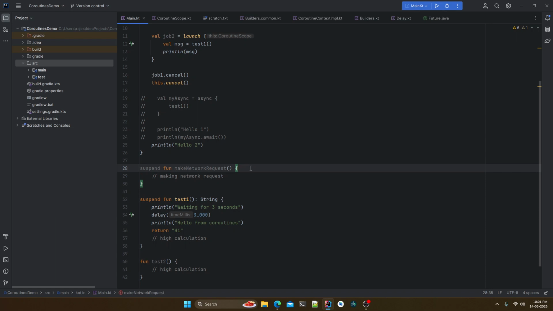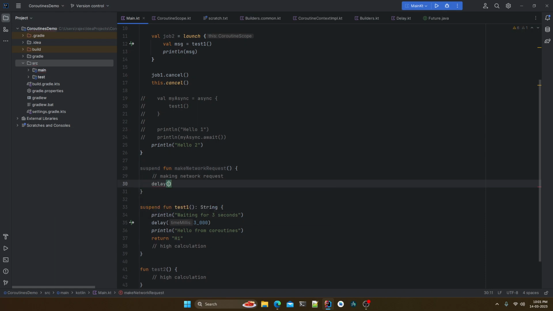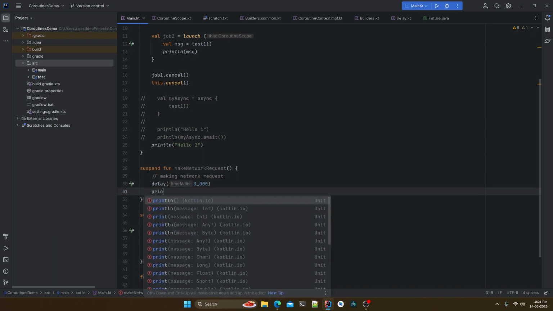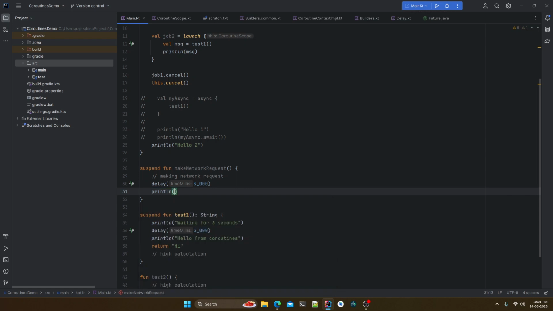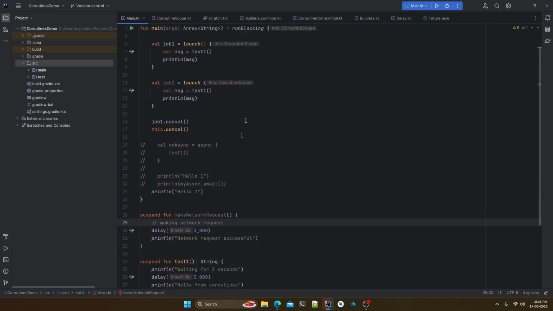Okay, so let me use a delay to make use of the suspend keyword. Then print ln "network request successful". Now what this function is doing is making a network request, right? So it's better to offload your network request onto the IO thread, better than the regular main or the default,